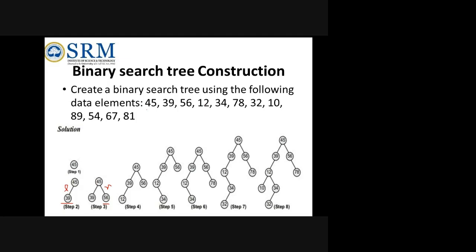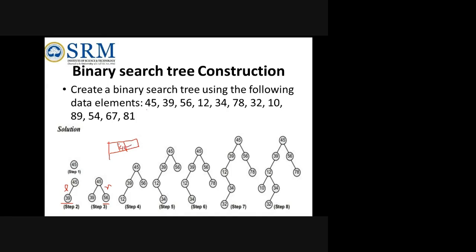Now again 12 comes. Now it will start to compare from the root node only. 12 is compared with 45. So you will be having a linked list, right? Here I'm telling it as a pictorial representation, but normally as per the algorithm, you will have a list like this, where you will be having your left node's address and right node's address. So automatically it will be here. If 45 is here,